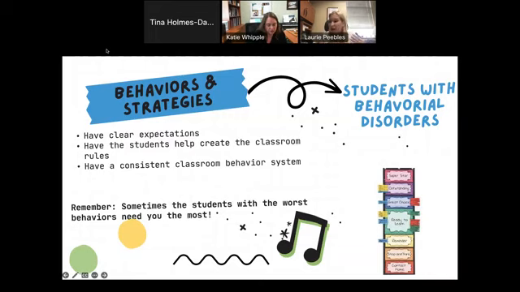Class rules. We all have them. We all need them. I'm not saying we don't need them. But one strategy that has worked exceedingly well for me, especially in my classrooms with students with EBD, emotional behavioral disorders, is actually having the students make the class rules. And you can do this very easily. You can pull up the classroom